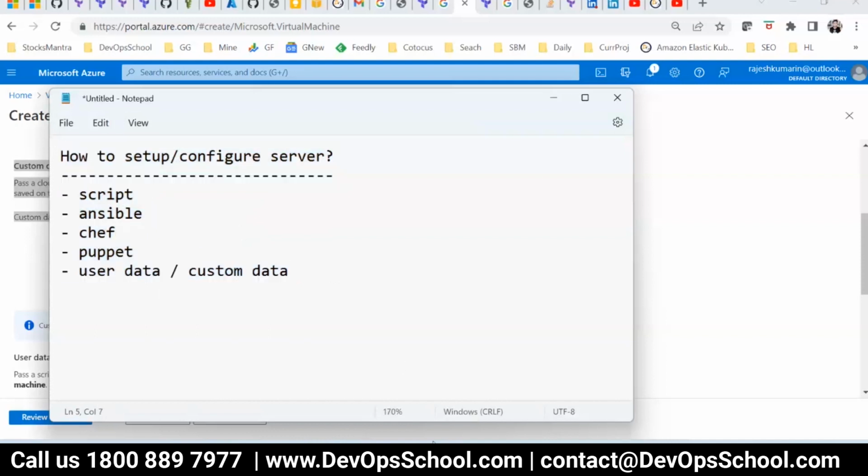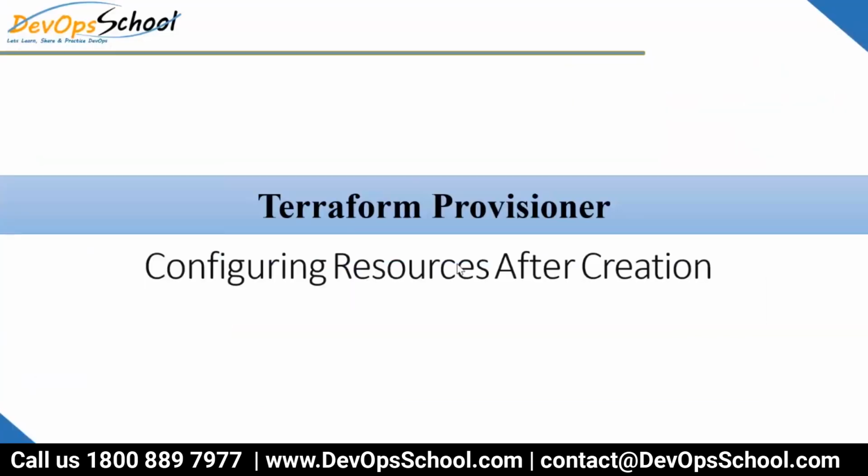Now, with that context in mind, let's understand the Terraform provisioner. So, guys, provisioner means what? Provisioner means do something with the resources which you created. Now, do something means what? Let's say a VM got created. What do you want to do? I want to configure the server. I want to log into the server and configure it. Simple. Or you created, let's say, some user. After that, you want to do something. Those are the things you can do through a provisioner.